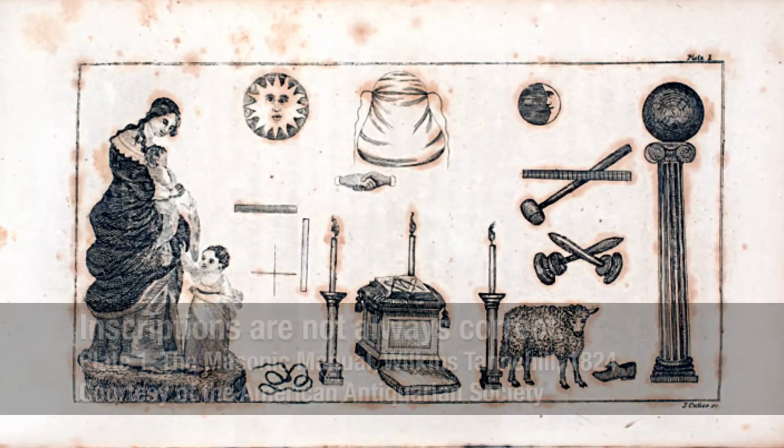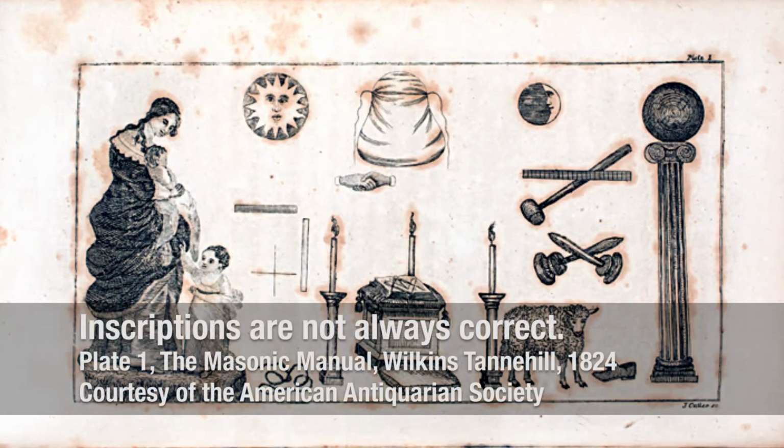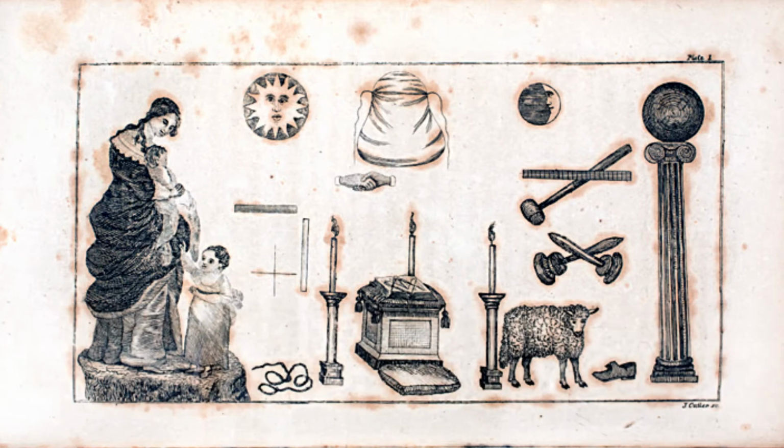And Cutler, the engraver, had settled in Nashville in the early 1820s. And he was also a Mason. Nashville Lodge number 37 admitted him in June of 1825. He also, as you can see in the slide, is in an engraved plate from a book called the Masonic Manual that was written by the Grand Master of Tennessee at the time, and Cutler is the one who also engraved that. So Lafayette came to Nashville in May of 1825, and they had a big celebration, a big meal,